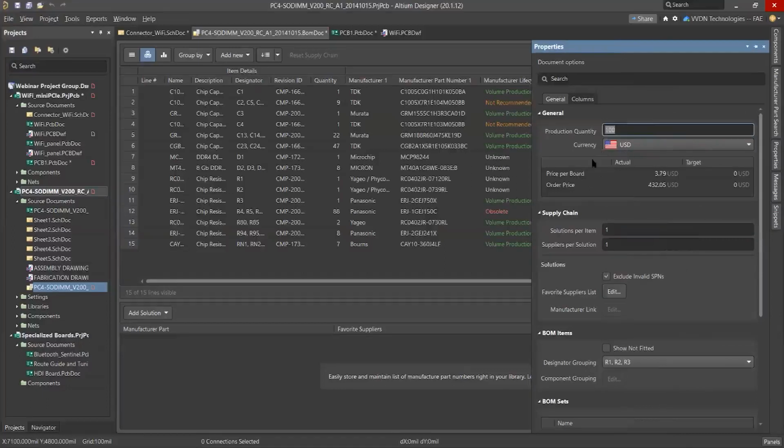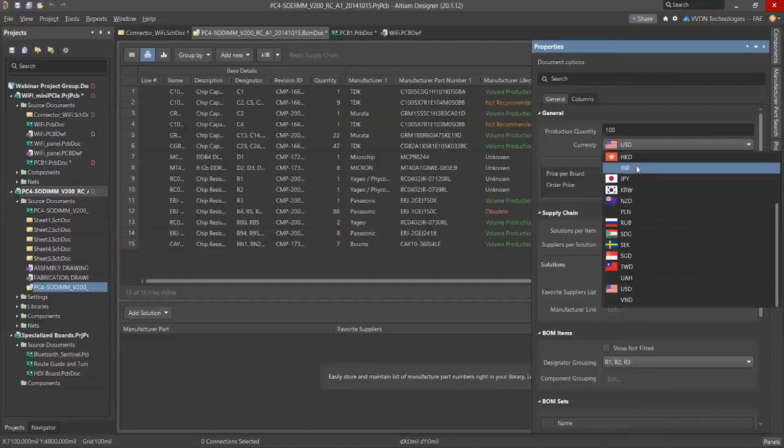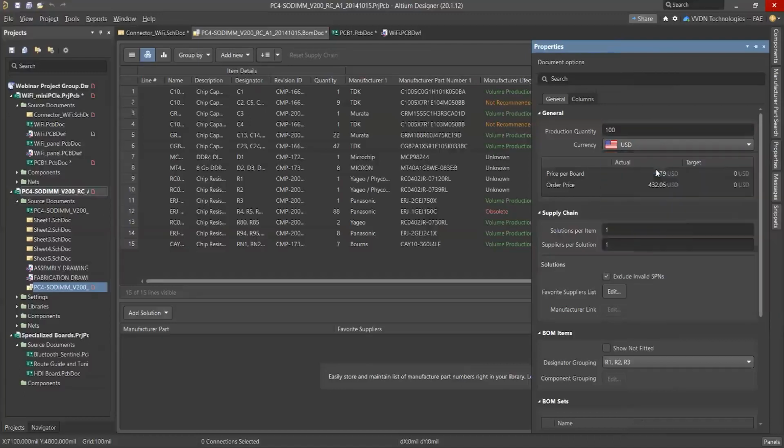Here the currency is USD, but we can switch to a different currency also. INR currency is also available, so we can see the price per board, and the order price is calculated.